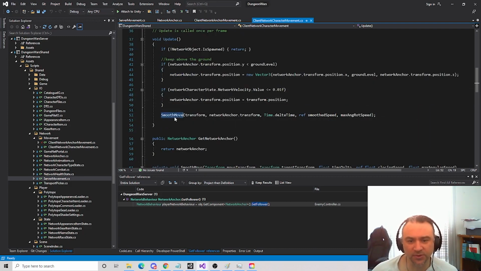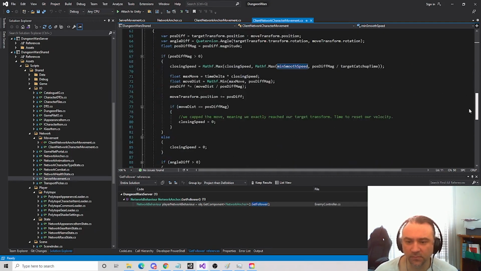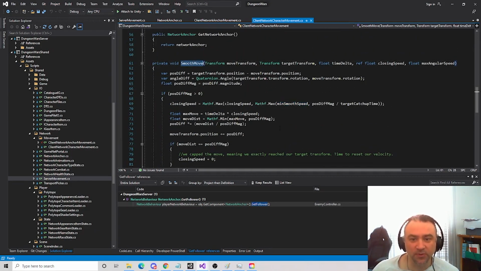And then all I do is I call this function called smooth move, and it will move the transform of this particular object to the transform of the network anchor over a particular time and using a particular rotational speed. I've got a couple of those that are set up here. So the rotational speed is how fast you can rotate. And then the smooth speed is the minimum smooth speed at which the client catches up to the network anchor. And then I use this smooth move